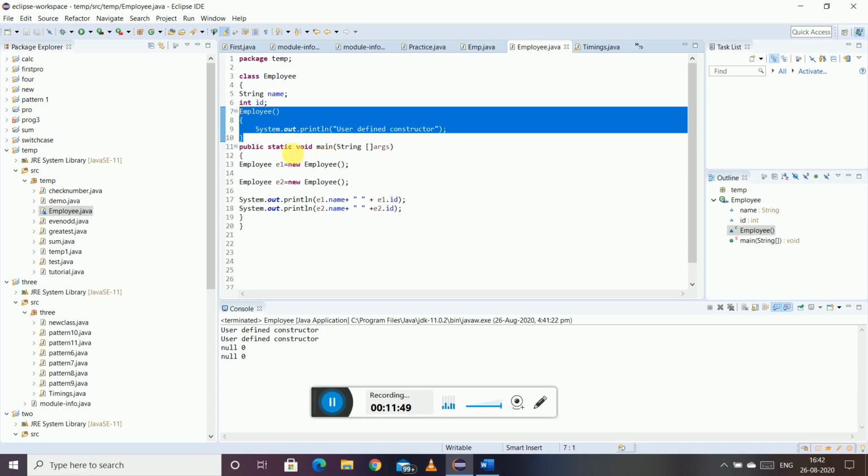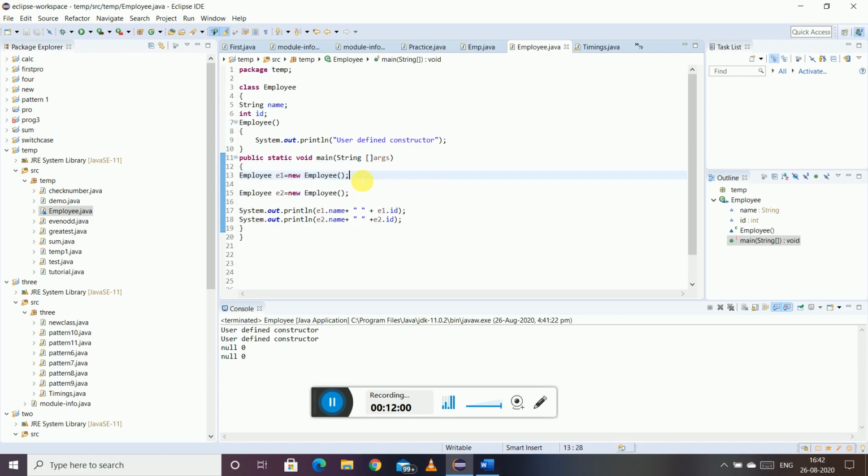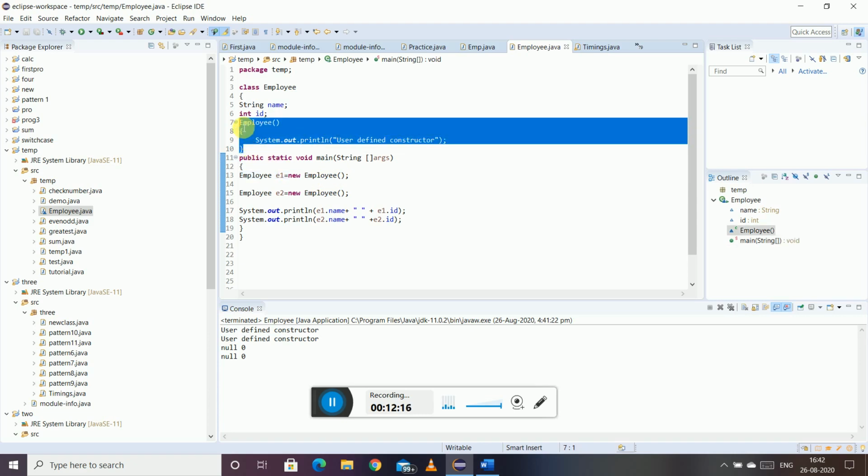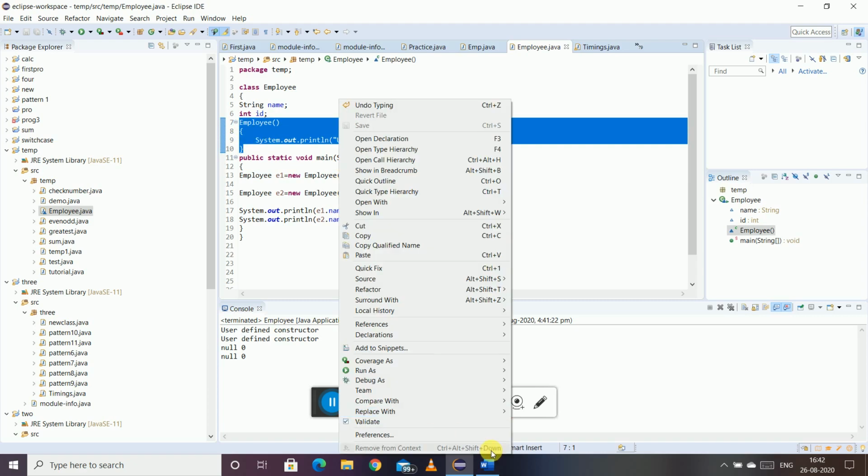Earlier, this Employee constructor was not there. So when you were writing the object creation line, employee braces semicolon, since this user defined constructor was not there, what was happening?